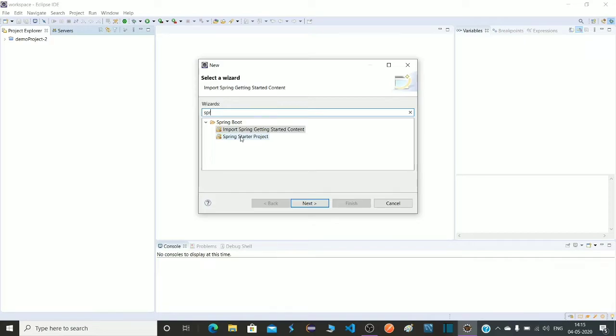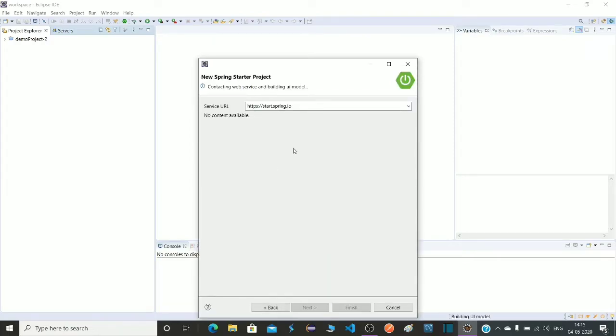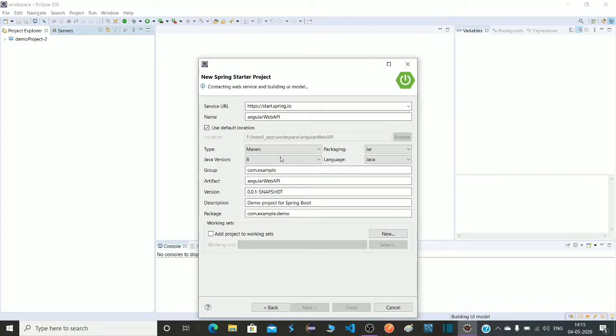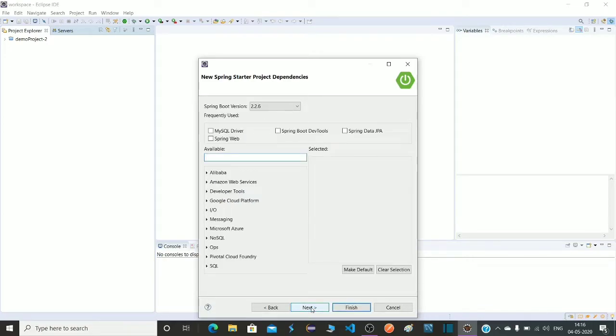You can also download your project from Spring Initializr and import it in your IDE. So let's click on that. I'm going to name my project Angular Web, everything else I am leaving as it is. Here I am using Java 8 version. Let's click on next.